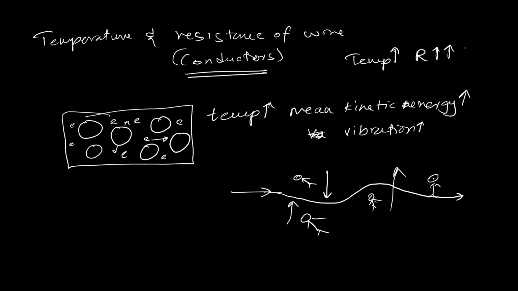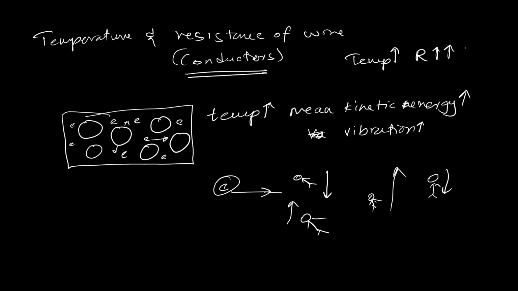Then you can't drive the car; you have to stop and wait for them to cross, and then go. Like that, when the temperature is increased and the atoms are vibrating, the electrons are unable to pass through. It delays the travel of electrons, which means barriers are increasing,